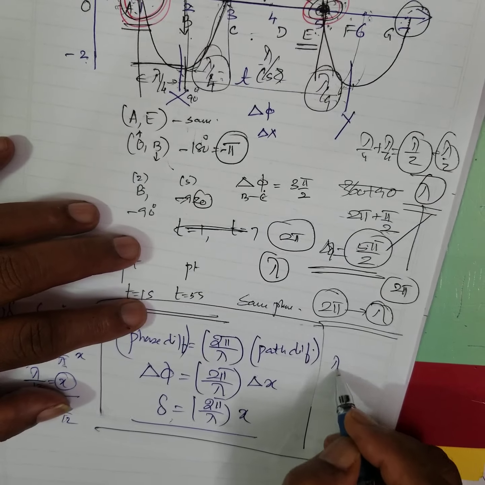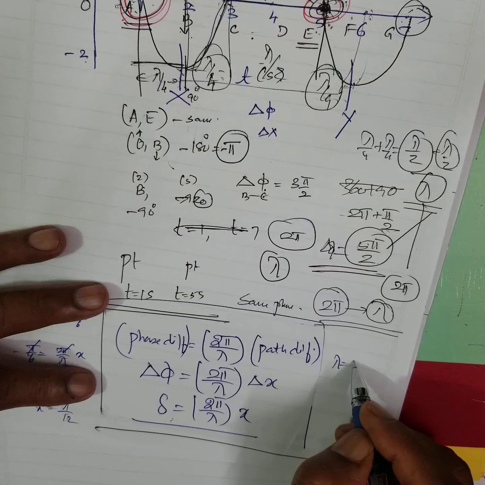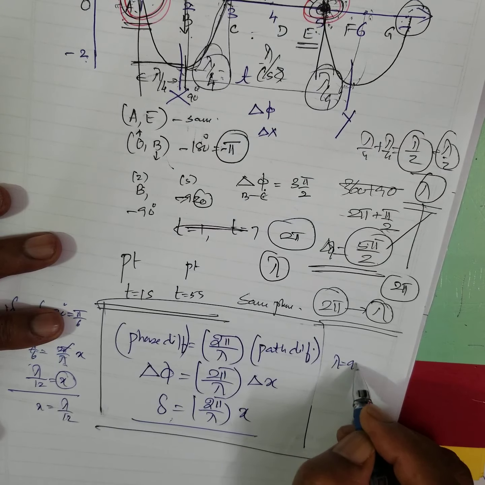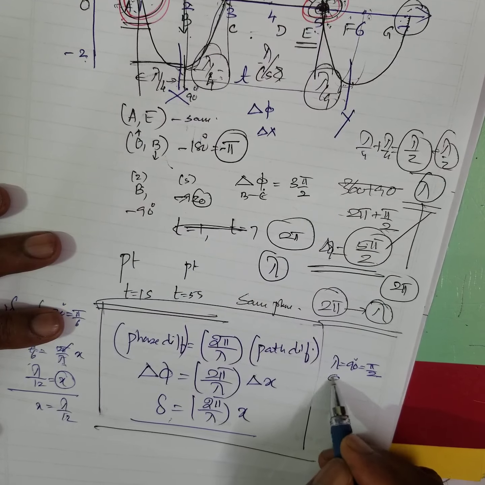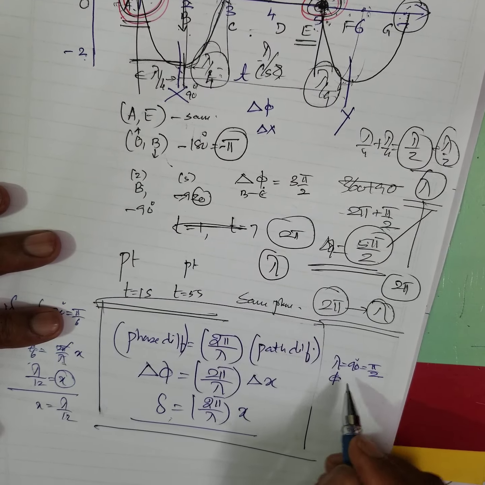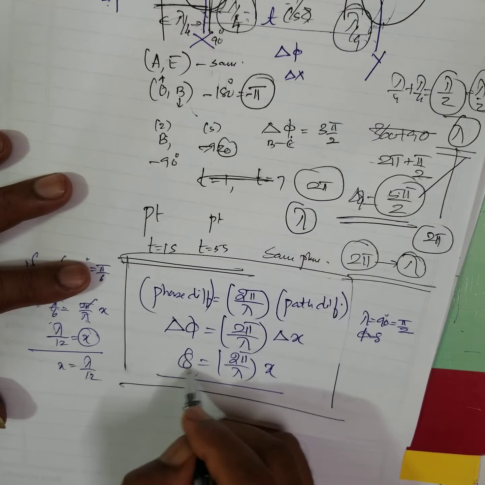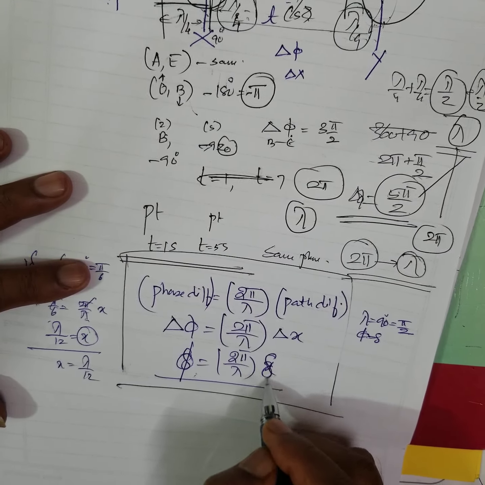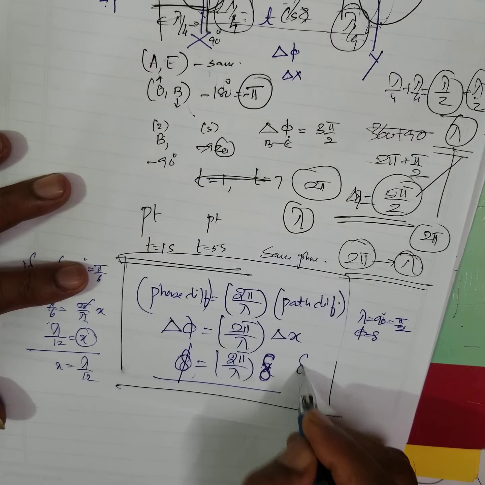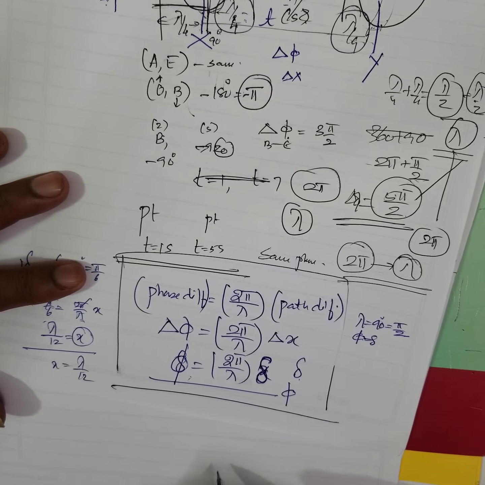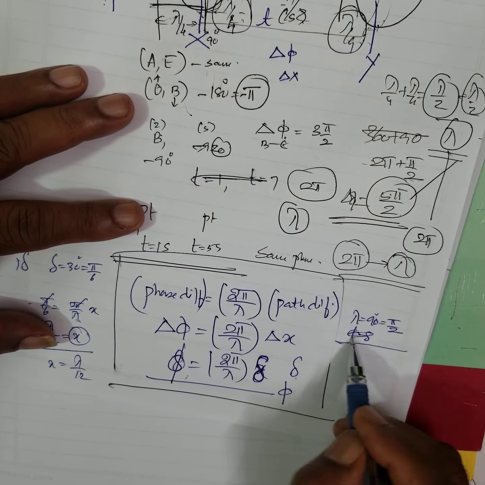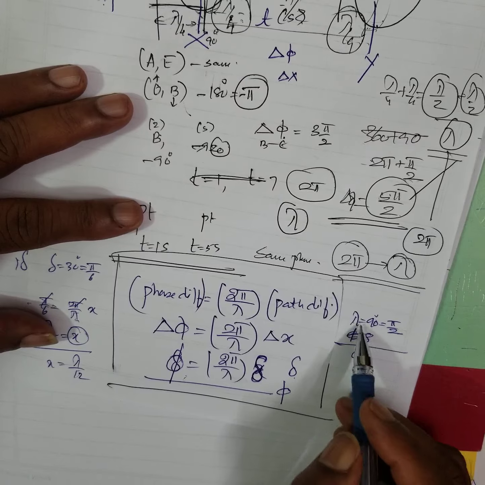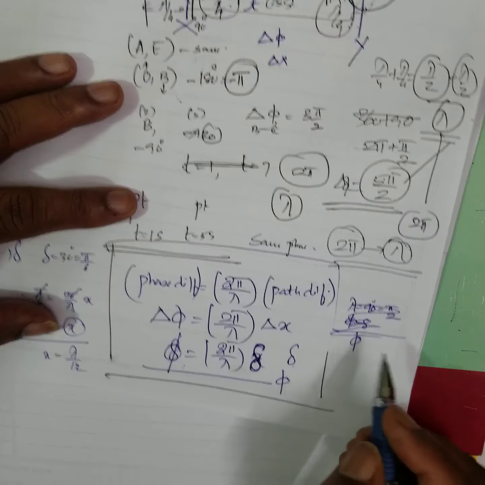Now, if the phase difference is 90 degrees, that is pi by 2, what is the path difference? Delta, or sometimes like this, is the phase difference, and this is the path difference. Sometimes they use this symbol also. For path difference, this one, for phase difference, this also they use. Symbols they may change. Now the question is this. What is the phase difference if the path difference is what? Sorry, I'll put it on the next page.